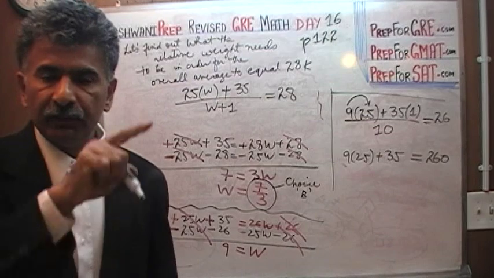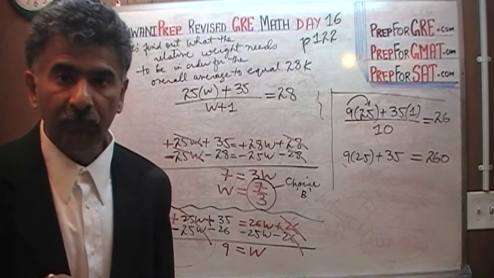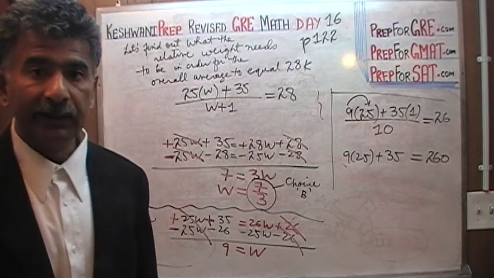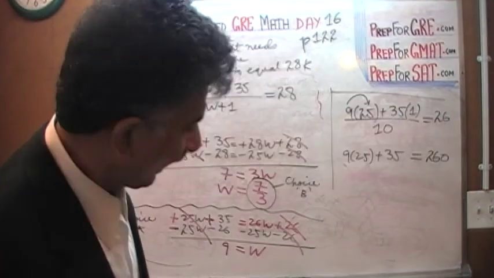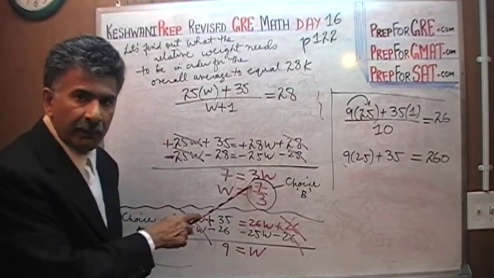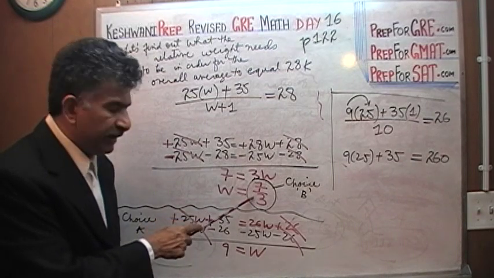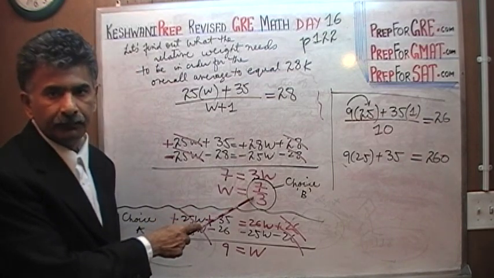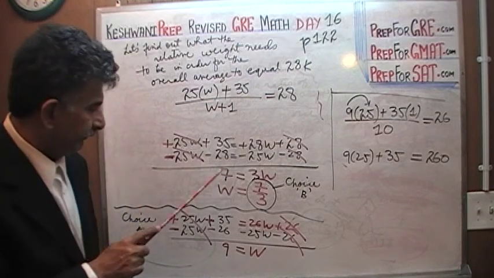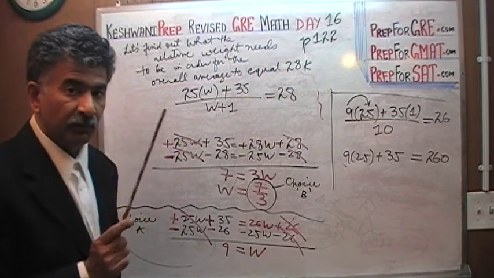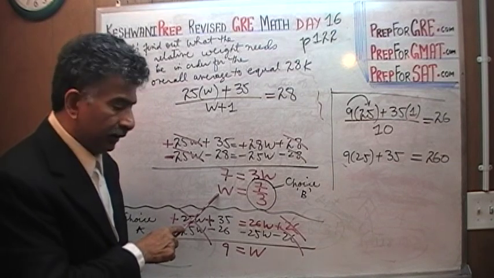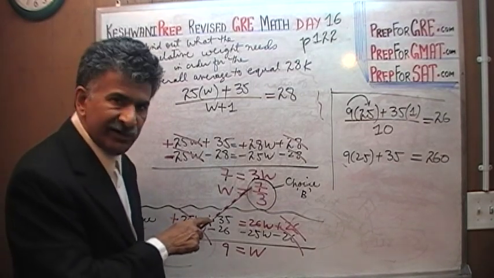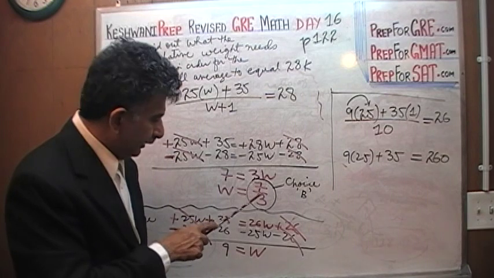The overall average for the entire firm will be $28,000 if, listen very carefully, for every 7 people in department X we had 3 people in department Y. I'm going to say it one more time. If the relative ratio of the number of people in department X, that's the relative weight, relative ratio, same thing. This tells us that for every 7 people in department X, if we had 3 people